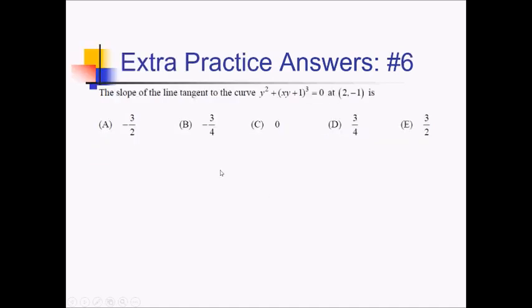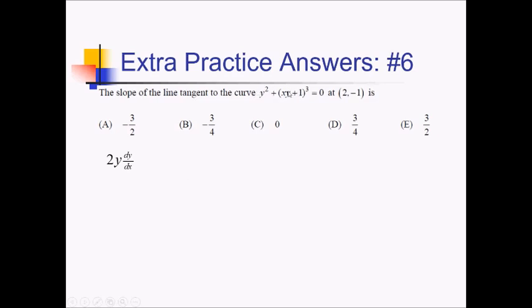For this problem, we're looking for the slope of the tangent line for this curve at (2, -1). So for that, we need the derivative of this thing, and then we need to plug (2, -1) into whatever that is. I'm going to use implicit differentiation because I don't really see an easy way to isolate y. So we've got 2y for that first derivative there, times our dy over dx, plus